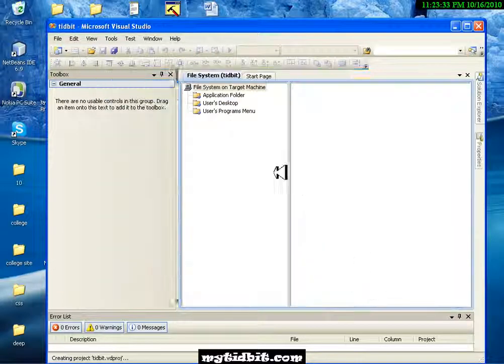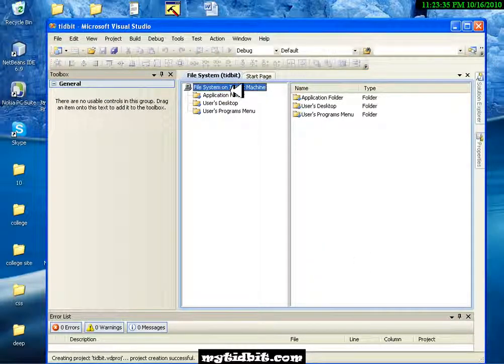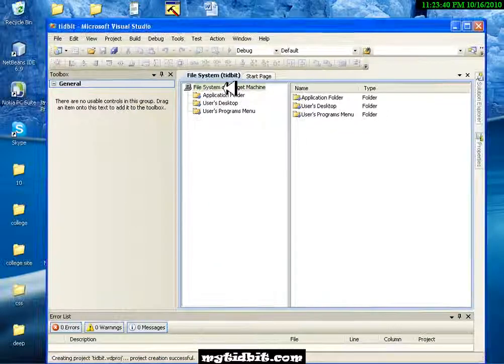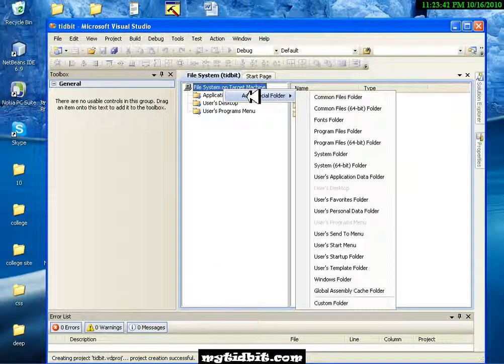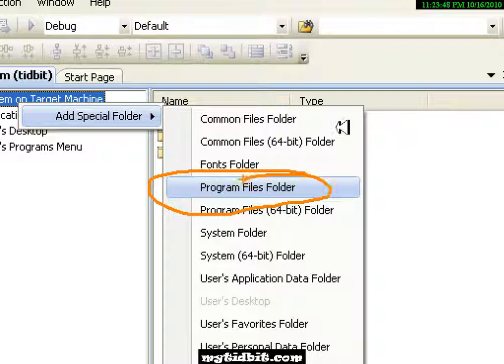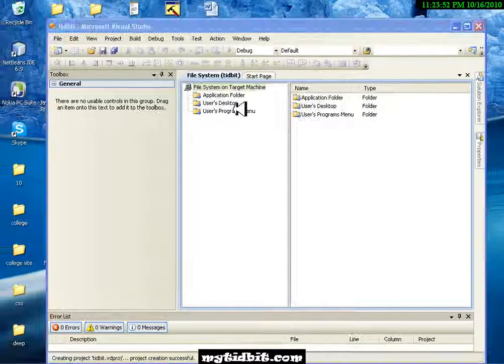So I'm just creating a setup and deployment here, and as you see, you get an option here, File System on Target Machine. Right click on that, or you can select that and go for Action also. For now I'm going to select the Program Files folder. Go for the 64-bit Program Files folder if you have Windows 7, but I'm having Windows XP